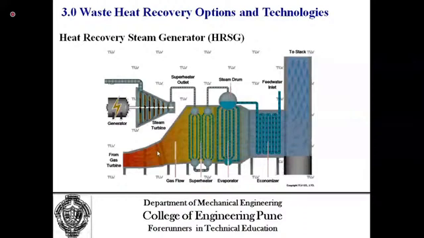Water that comes in this tube gets heated, bubbles are formed, steam gets collected in the upper drum, and this steam, before using for generation purposes, because in the generator we need superheated steam, is first allowed to pass through the superheater. So you will notice that the superheater requires higher quality of heat. So the superheater is placed nearer the very hot flue gases, that is in the radiant zone.